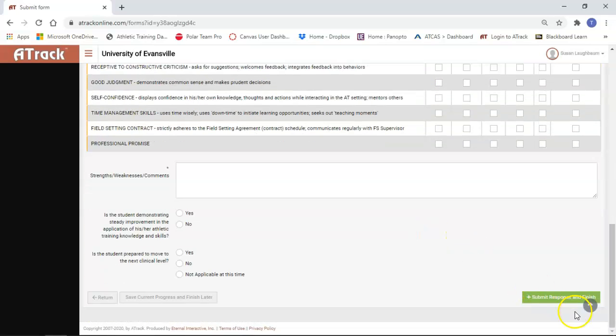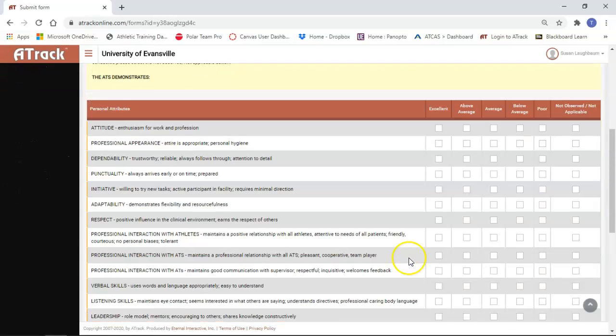And always make sure to submit, response, and finish. You can save progress and finish later, but we will not see the feedback until you hit this. So always make sure that if you save it and finish later, to come back to it to finish it later. And you can do that